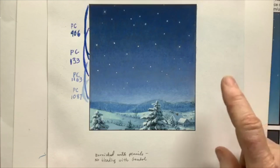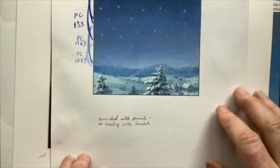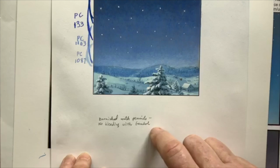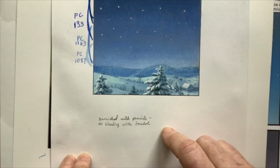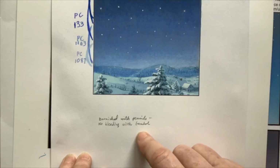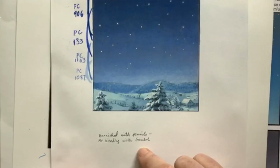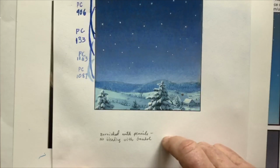So now this one, the finish is burnished just with pencils, and that's the technique I'm going to show live today in a few minutes. I did not blend this with Gamsol. However, you can blend it at the end with Gamsol. The reason I'm not going to show that live is that when you saturate something with Gamsol, which is like an odorless turpentine,